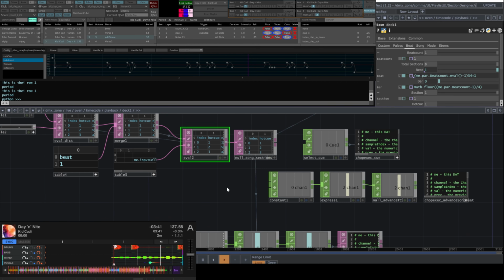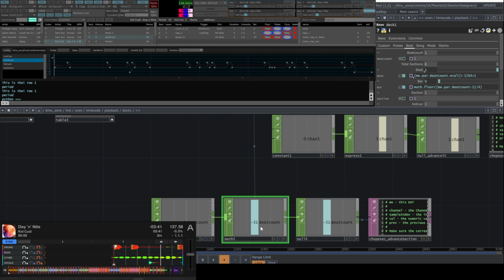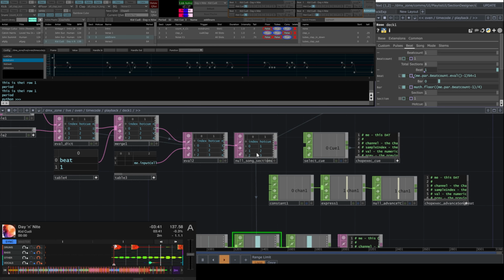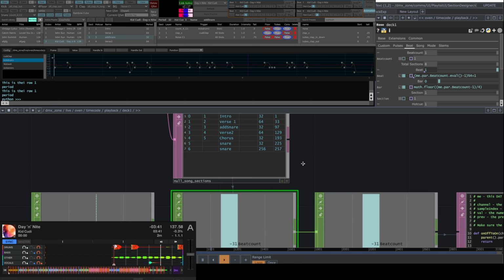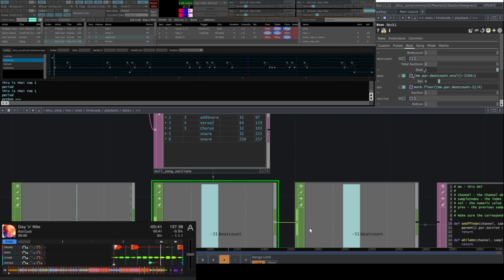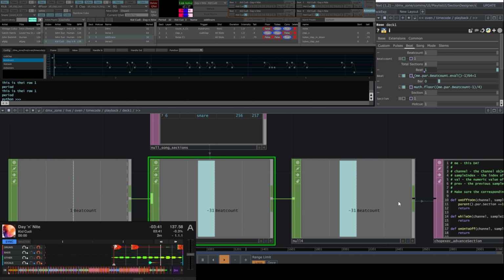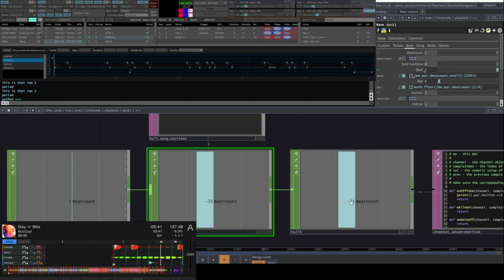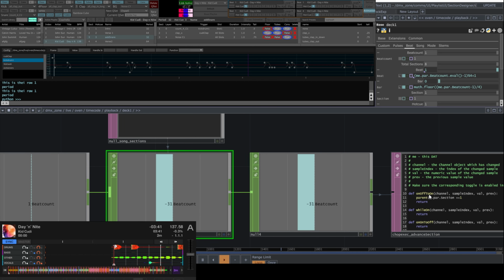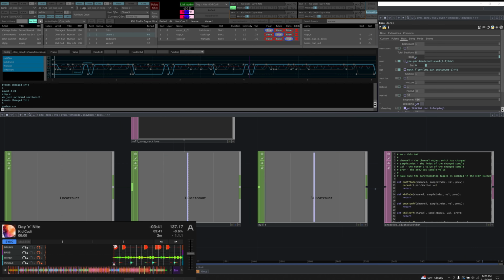Why does that matter? I'm referencing the sections here to figure out at what beat count this will go off. And then here I increment my section.